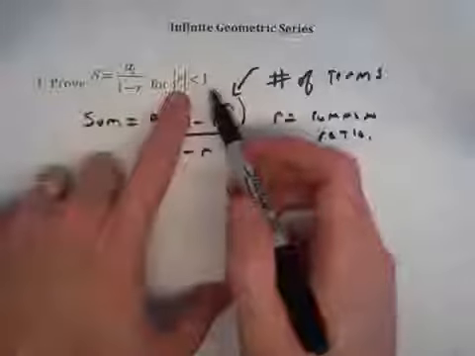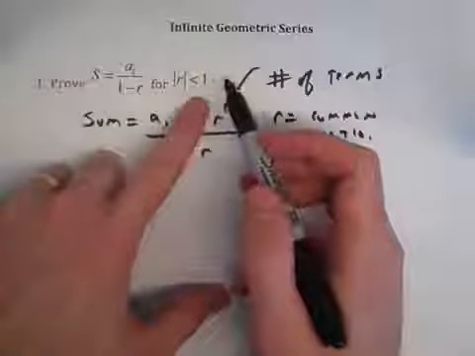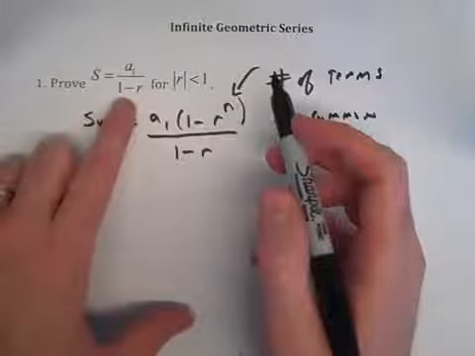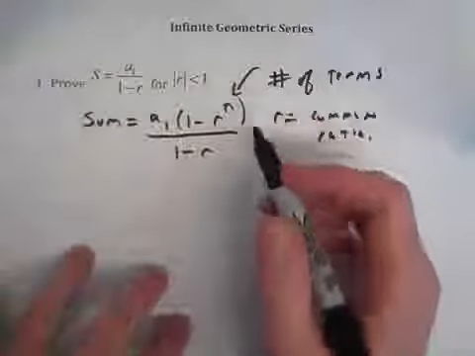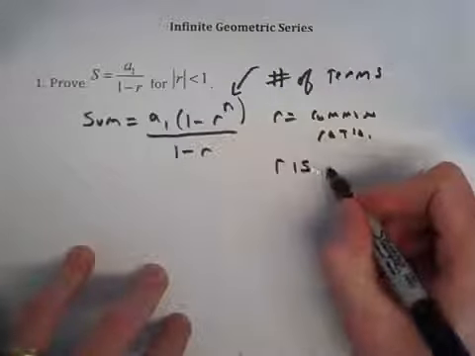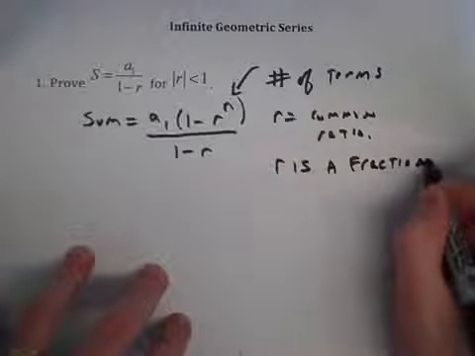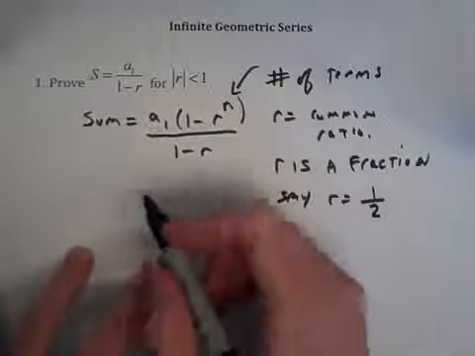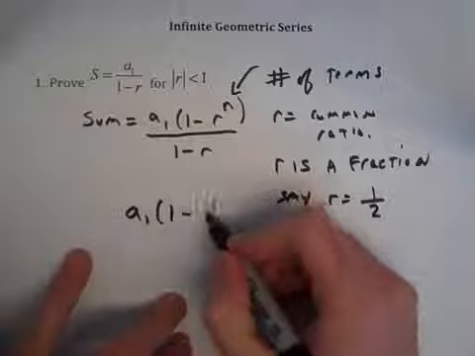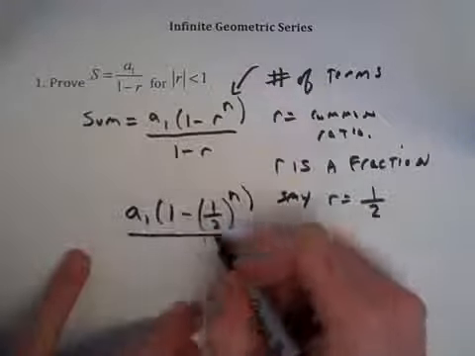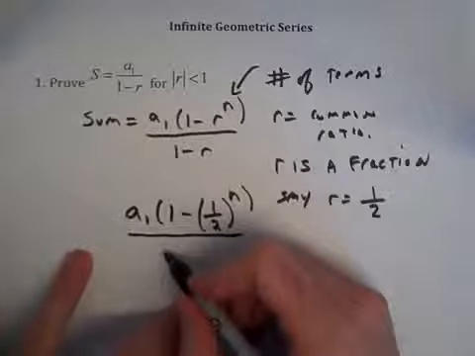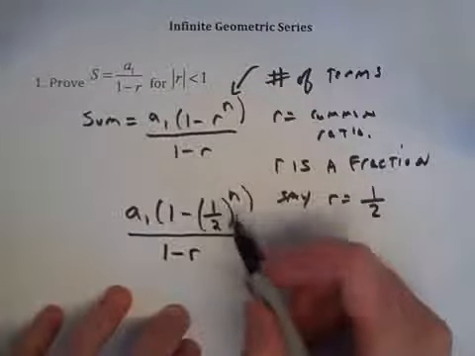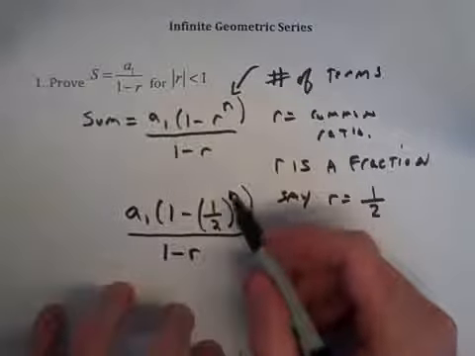And it says here, if the absolute value of r is less than 1, meaning it's a fraction, a negative fraction or a positive fraction, then the sum is the first term divided by 1 minus r. Let's pretend r is equal to a half. So you have the first term times 1 minus a half to the n, over 1 minus r. The point is that as n goes to infinity, as n gets really, really big,